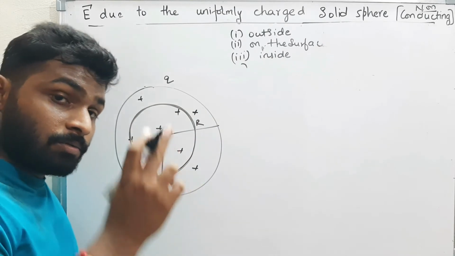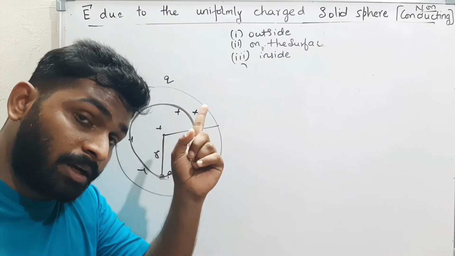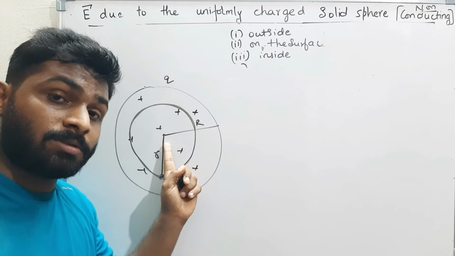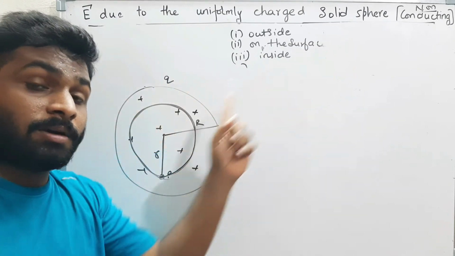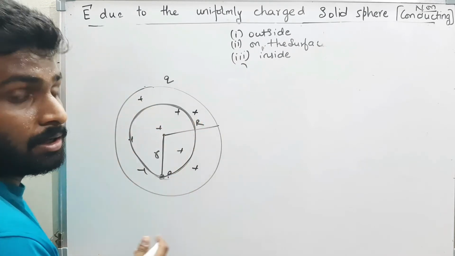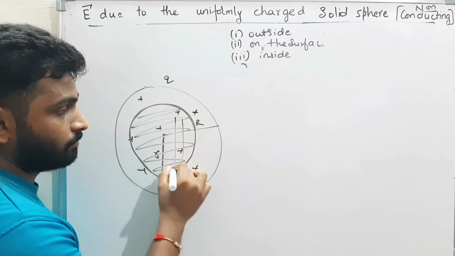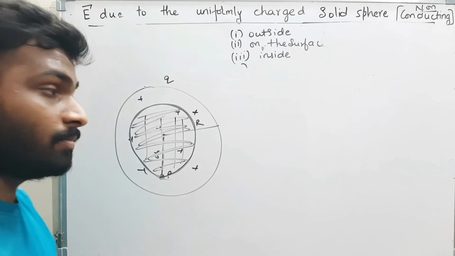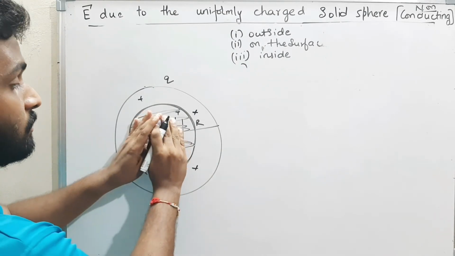Now observe carefully. In the previous conducting body, the charge enclosed in this Gaussian surface is 0, because the charge will be only on the surface for a conducting body. But this is non-conducting, which means the charge is spread throughout the volume. That means even in this Gaussian surface there will be some volume, some charge. You accept that? No. What is the charge present in this Gaussian surface? That is important.